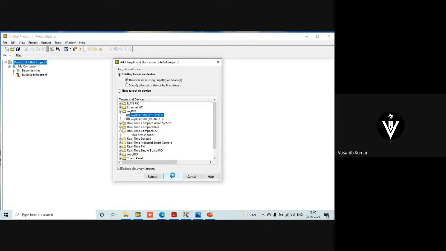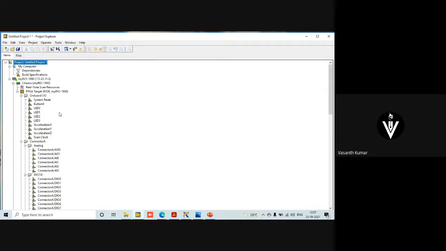In the future, we'll also show you how to connect your MyRio to your network, how to create a network, everything. But currently, we are simply making it accessible through the USB cable. You can see that your MyRio will be discovering all the pinouts, the chassis, and what type of device you connected. There are two different types of MyRio. This is the MyRio 1900 device. There is also the 1950 device, which has a different chassis form factor. It has only a board; it doesn't have the gray module on top of it.